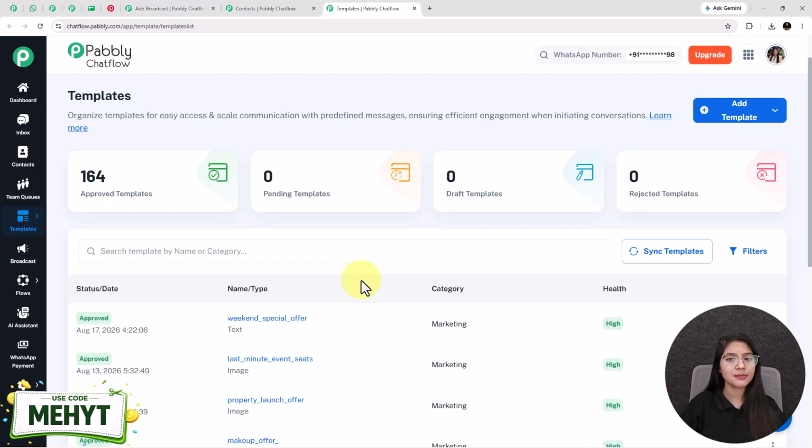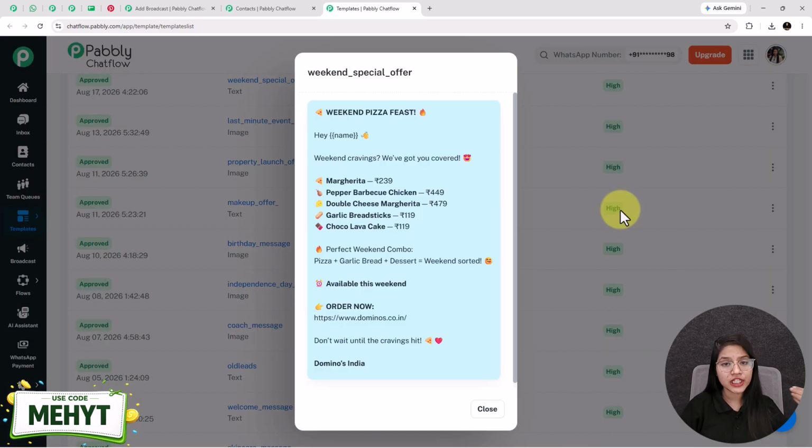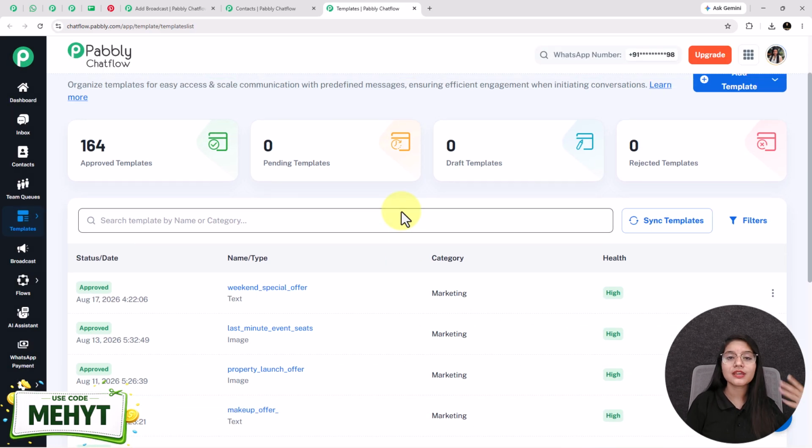Alright, so this is the templates feature of Pabbly Chatflow. Now let's quickly understand what the templates is. See, templates are pre-created WhatsApp messages that you can use for your broadcast campaigns. You can add your offer details, images, buttons, links, and other information to make the message attractive and useful. Once your template is ready, you can select it while creating your broadcast campaign and send the same promotional message